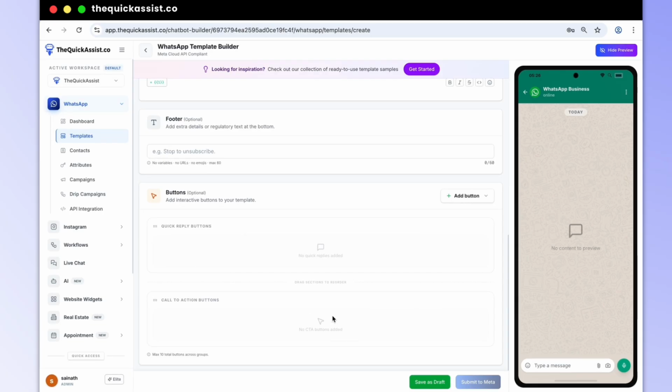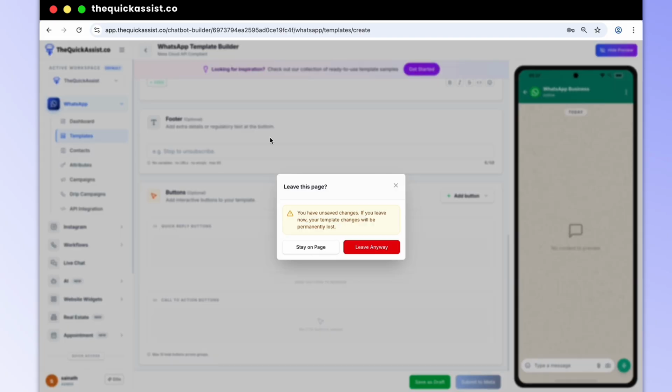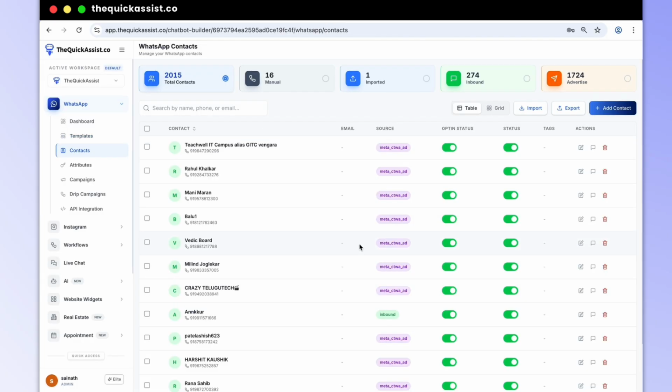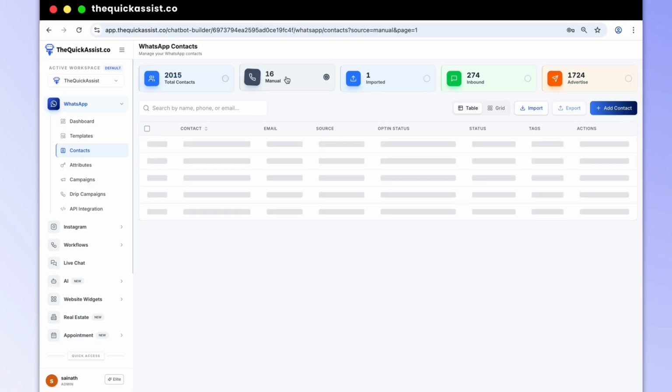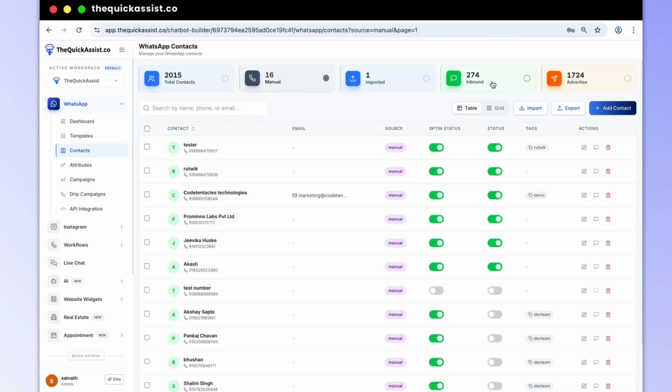After creating templates and submitting to Meta, we can go in the contact section. In the contact section, we can see this dashboard. First, we can see total contacts. This shows the total number of contacts. Next is the manual section.